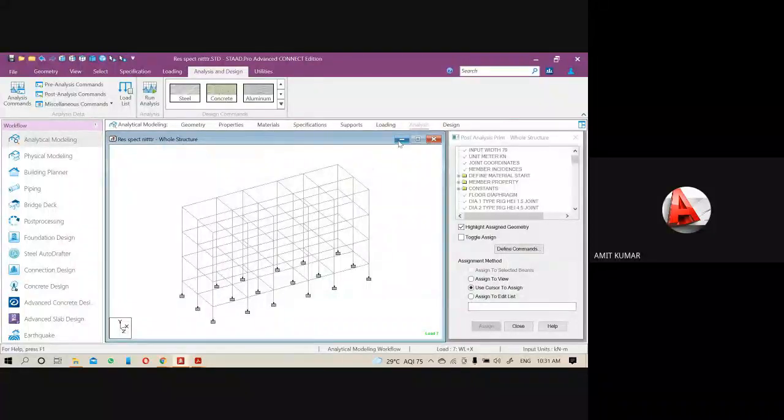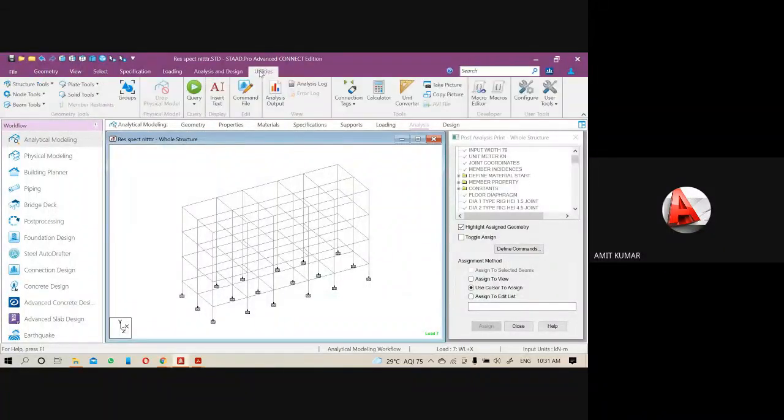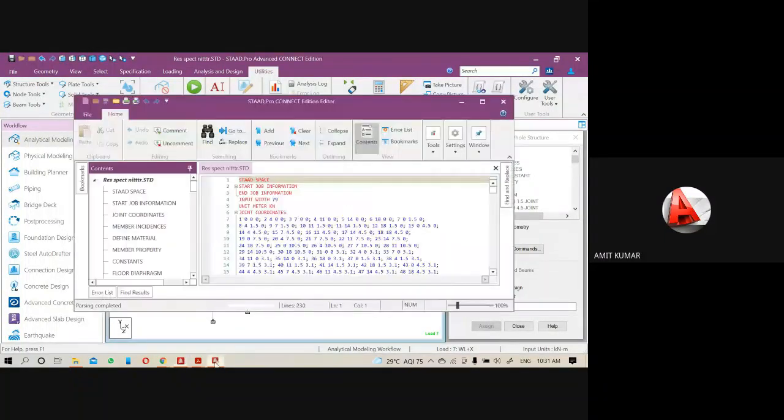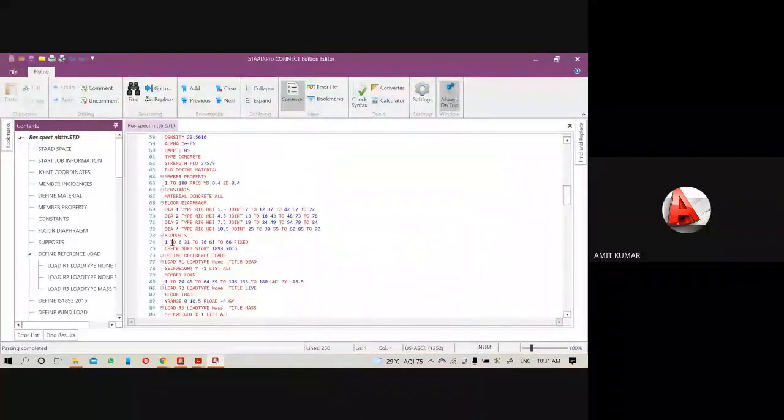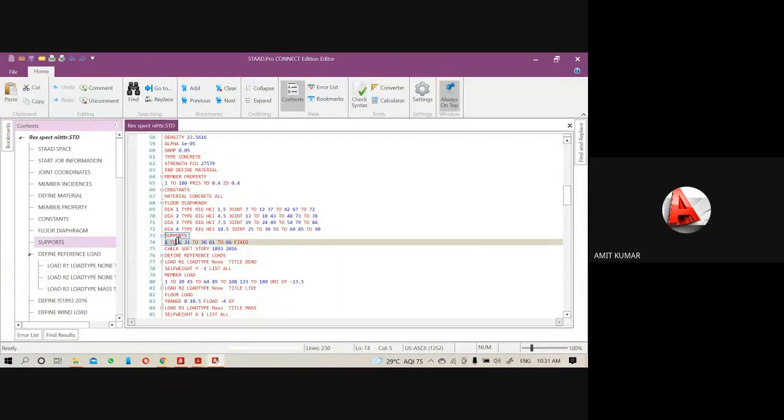So first thing you have to change the floor diaphragm here. Just go to the utilities menu, then come to the command file and see the condition. Here support is defined after the floor diaphragm, so I have to change the support position.